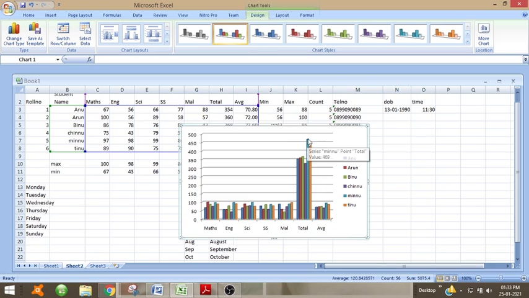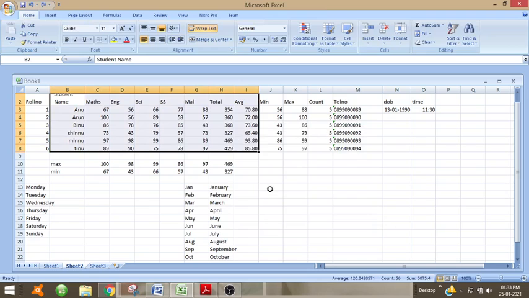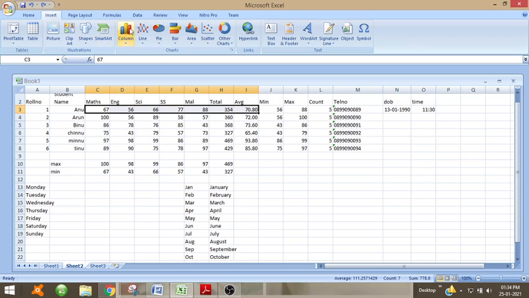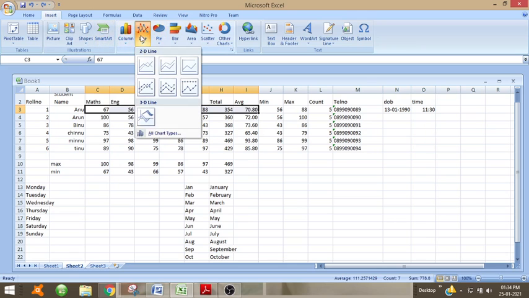So by looking at the graph you can see Anu is getting the highest marks, no, it represents not Anu, Minu. Minu is getting the highest marks. Then the average marks of each child. Now if you want to represent the marks based on a single child, you can select the data, then insert a line chart.